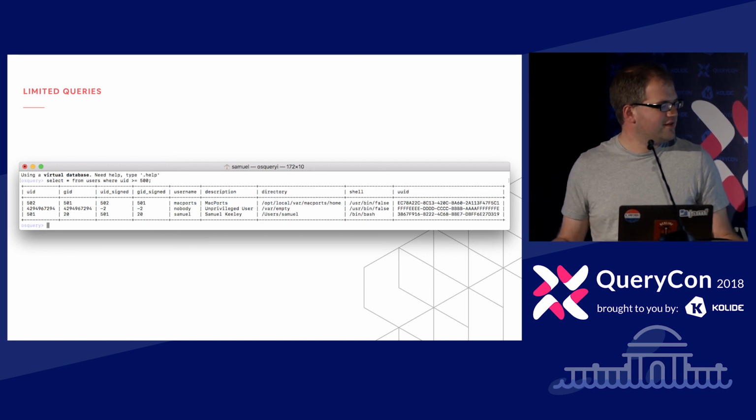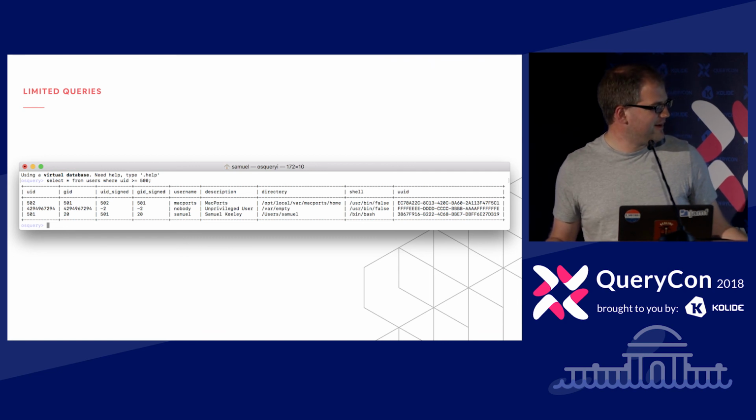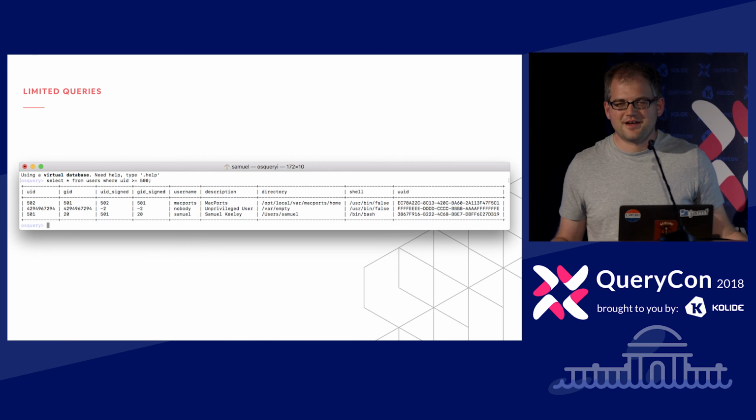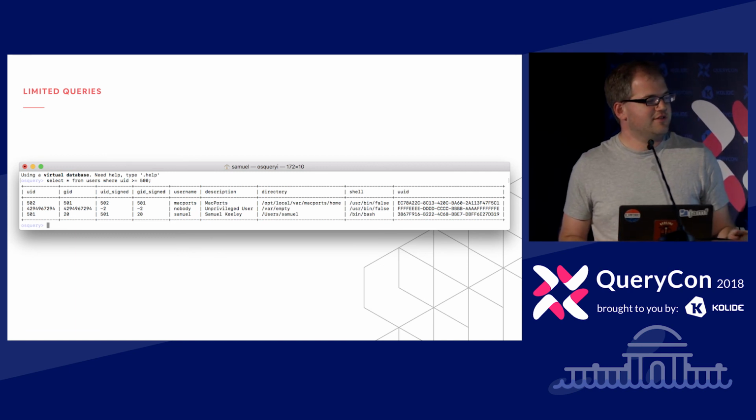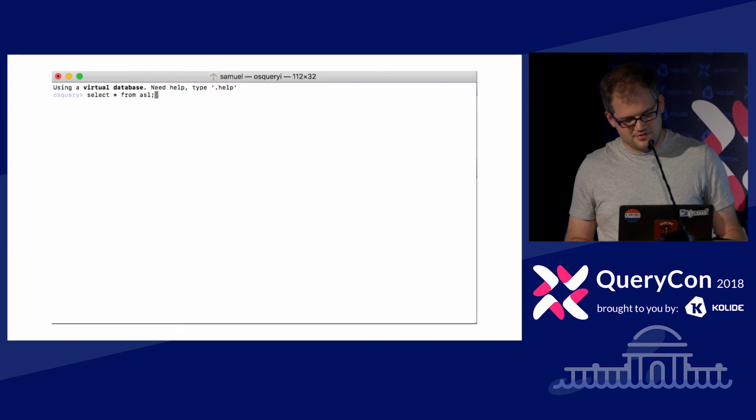And then you get this nobody user, which has an extremely high UID. I think that's like the maximum integer that can be stored there or something like that. But you're going to limit back what you get. And this can be pretty good because you're getting the data that you want, and it's easy to zoom in on what you need. However, for some much larger tables, this can really benefit you.